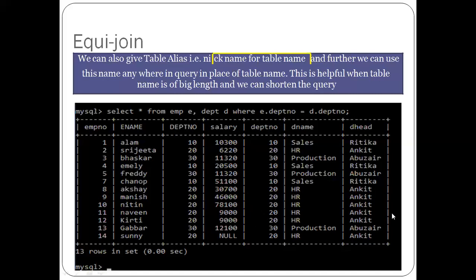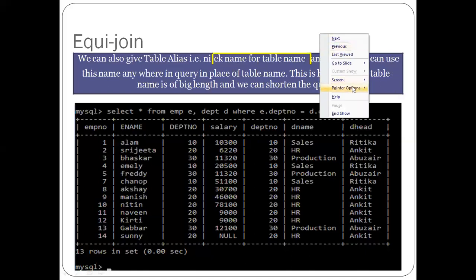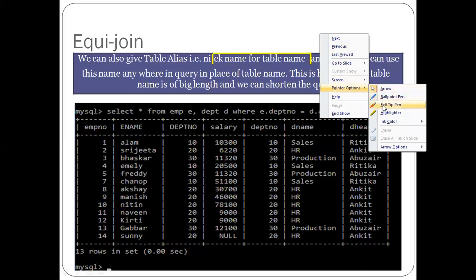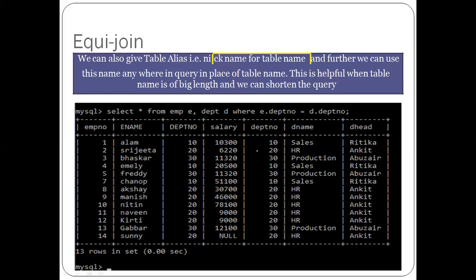This is the department table and this is the employee table. So see, you can view the record. This is all from the department table and this is from the employee table.